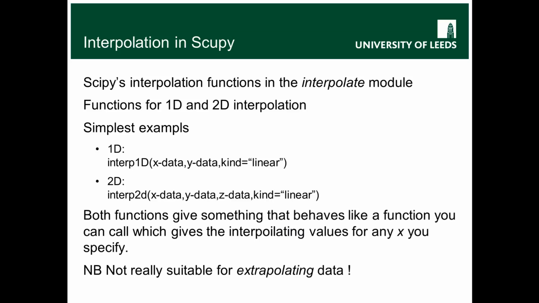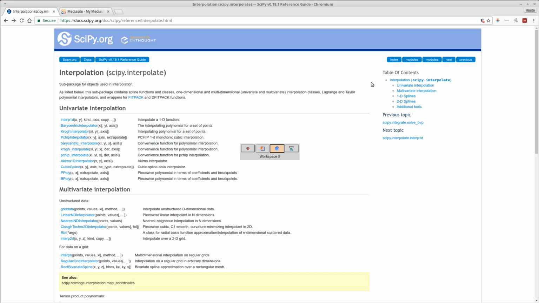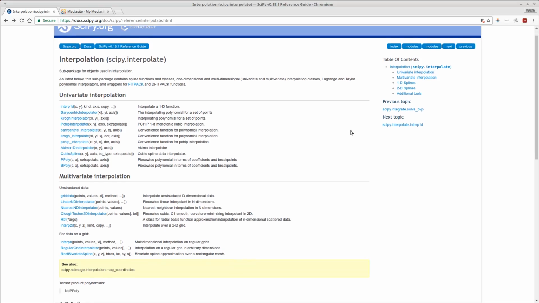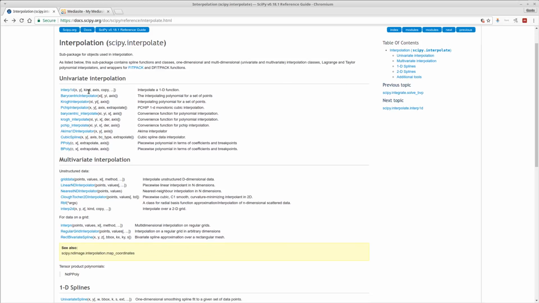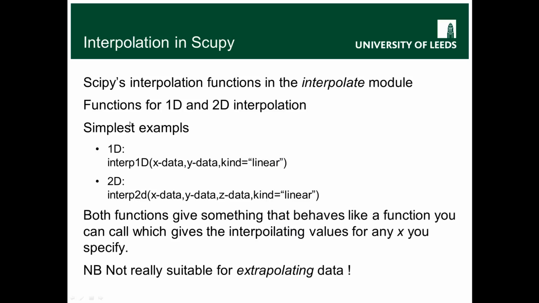So in SciPy, interpolation is carried out by the scipy.interpolate module. It gives, again, loads of functions. So just to give you some idea, univariate interpolation means interpolating in one dimension, and multivariate interpolation is interpolating across 2 dimensions. Lots of different functions there, but the ones to start with are the interp1d